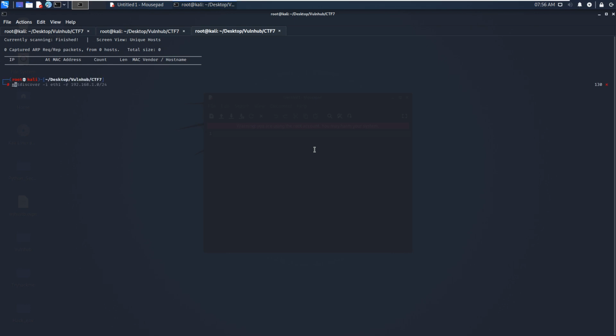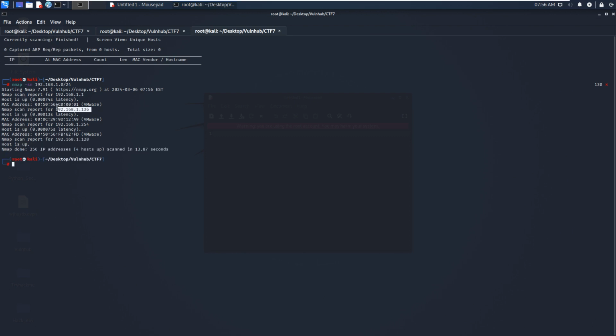And then I use nmap with the option -sn, which means host discovery. Let's press enter. So I think we cannot rely on a single utility in every case. As you can see, the IP address of the target has been identified as